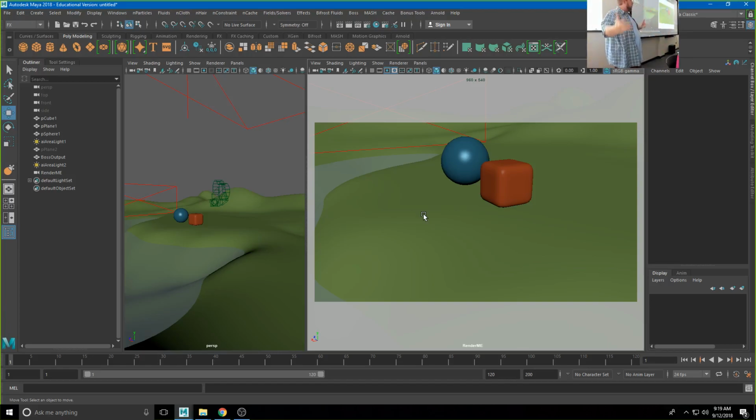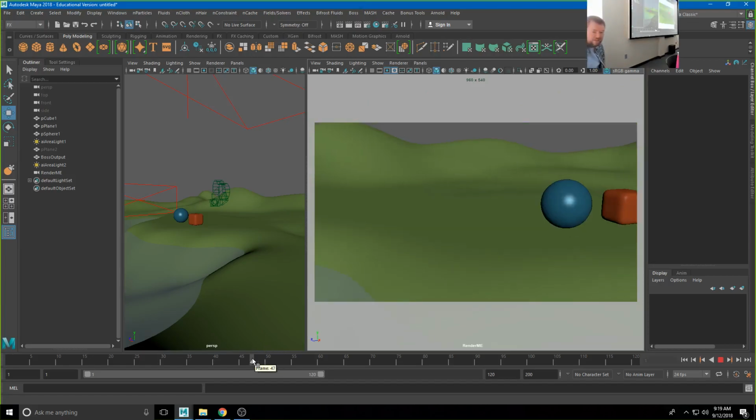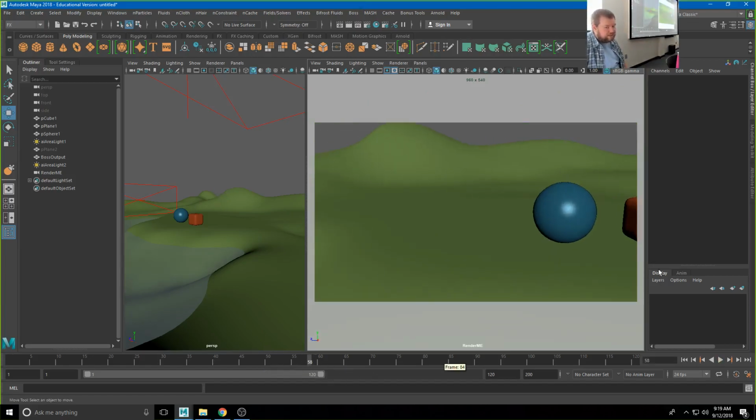Maya is basically a complicated calculator. When I set those two keyframes, Maya moved it in a straight line, right? Maya said you wanted it on point A and point B, so it moved in a straight line from point A to point B. That means in the middle of my animation here, I'm kind of staring, like this isn't the best shot